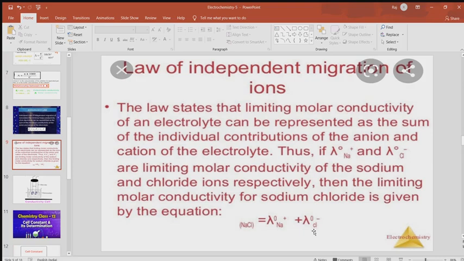which cannot be experimentally measured. Then the second application: molar conductivity at zero concentration of strong